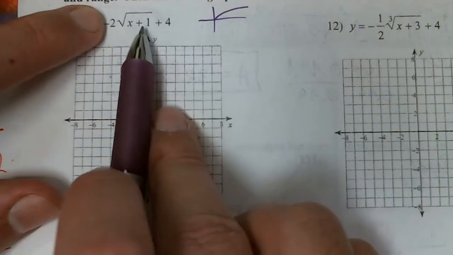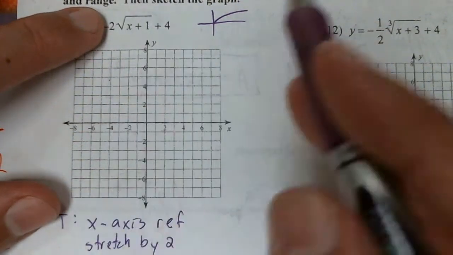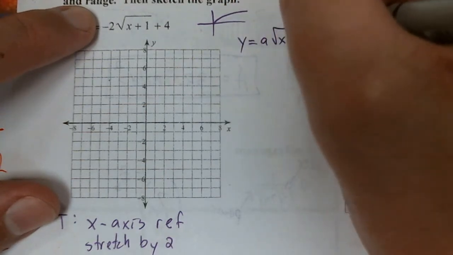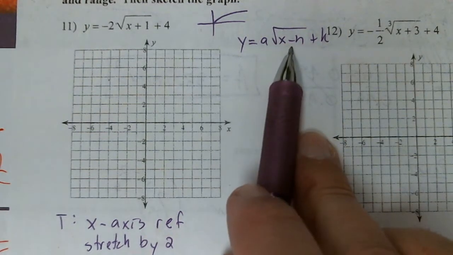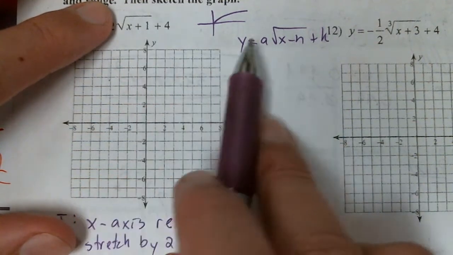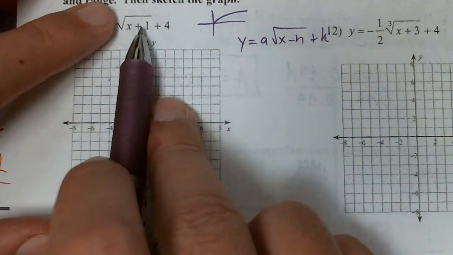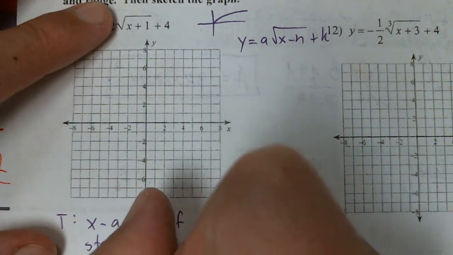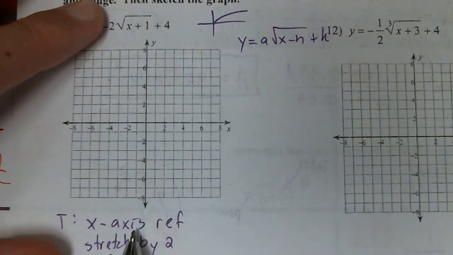And then my h value inside the radical is my horizontal shift, but remember it's x minus h. So we have y equals a times the square root of x minus h, and then plus k. The k is on the outside. It's minus h, so you have to flip this. It's the opposite of what you think it would be, just like vertex form for quadratics last year in geometry. So you might think, oh, I'm going right 1, but it's the opposite. So this is actually going to be left 1. If you get confused on this, plot the graph and look to see,